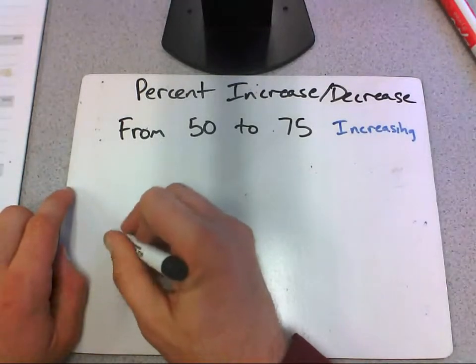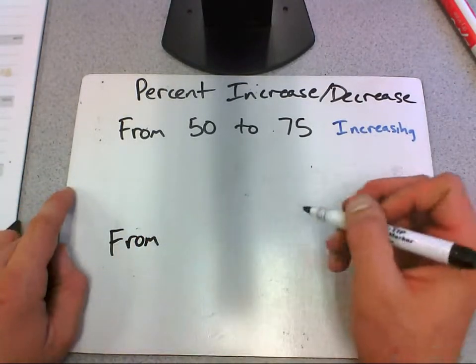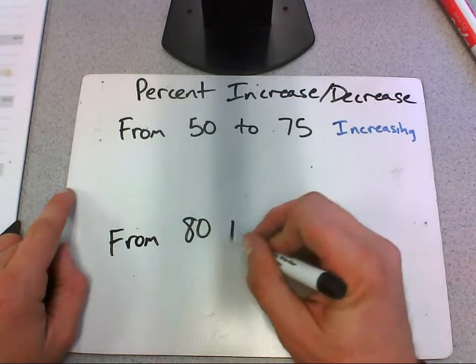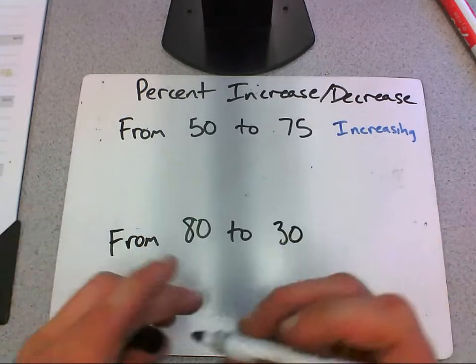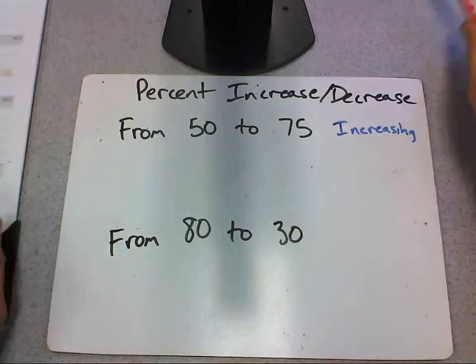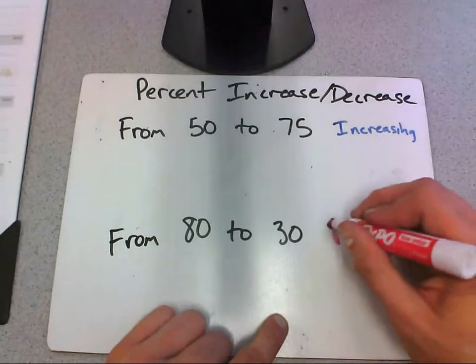If I go from, let's go 80 to, how about 30? Is that increasing or decreasing? Clearly that is going to be,